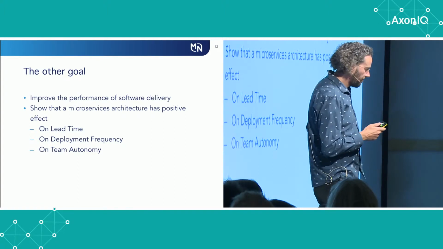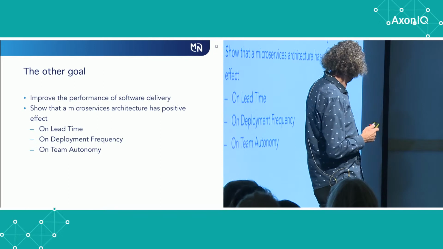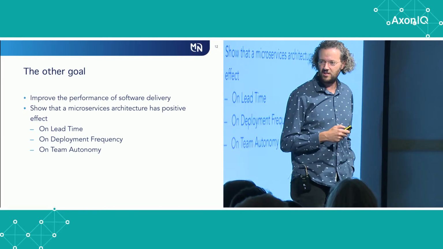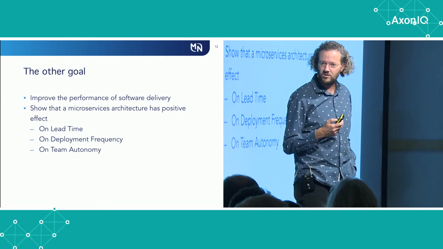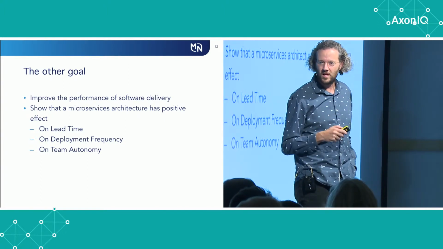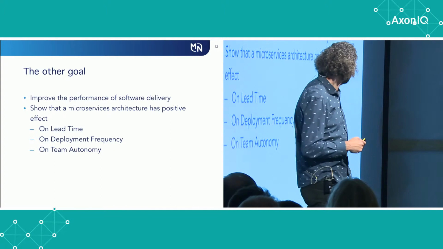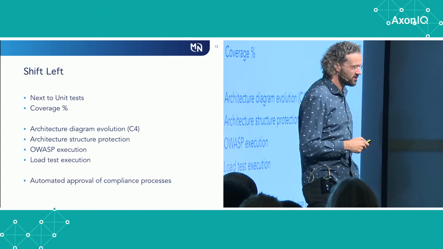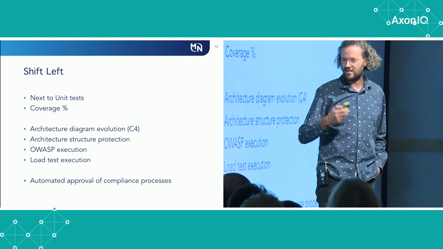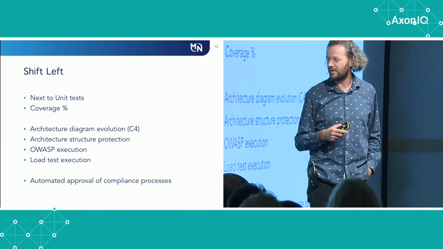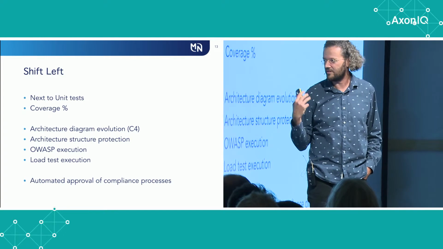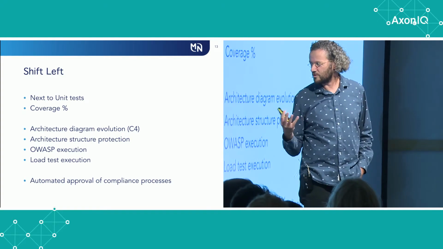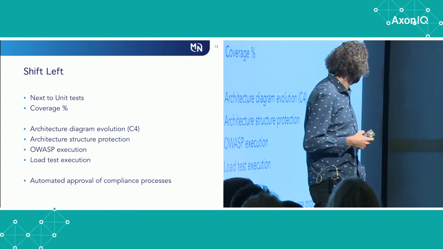And in order to do so, we actually started to add a CI/CD structure that went one step beyond the normal CD. So it's next to the unit tests and the coverage percentage. That's, I think, most of the people that do continuous integration delivery, they'll probably use that. And you can break on coverage percentage, for instance.